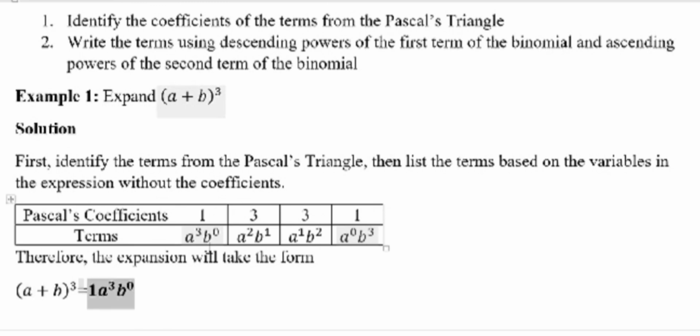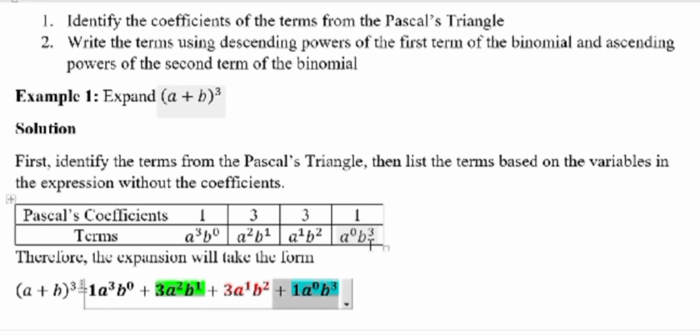So we have 1A cubed B raised to power 0 plus 3 times this. So 3A squared B raised to power 1 plus this 3 times this. So plus 3AB squared. Then plus 1 times this. So 1A raised to power 0 B cubed. Notice that I've used different colors here so that we can track the terms that we are